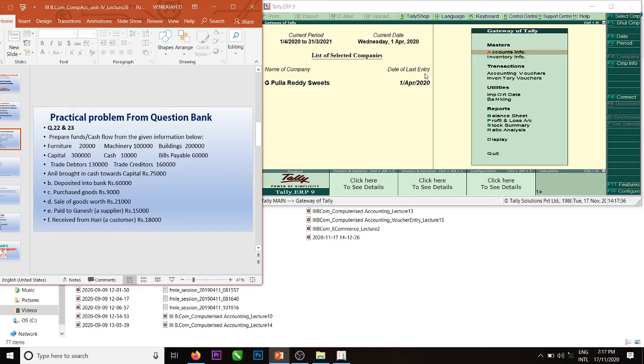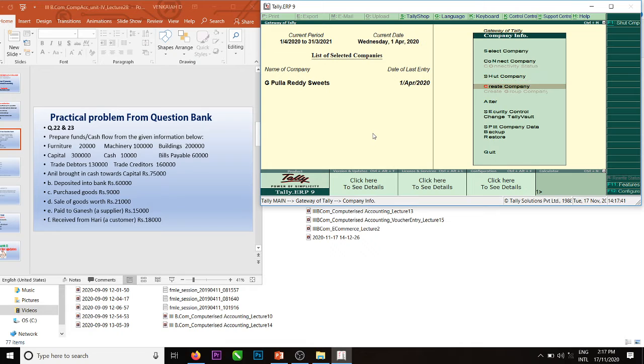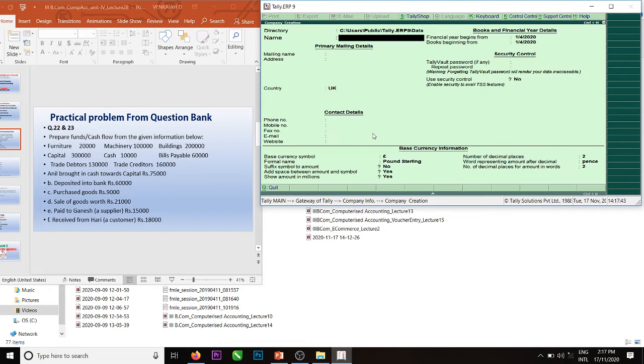So Alt plus F3, creation of company. Anil brought cash here.